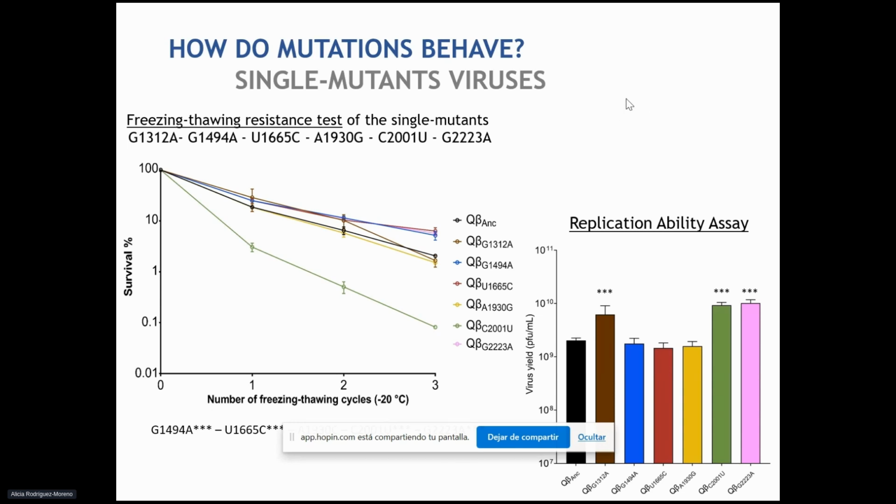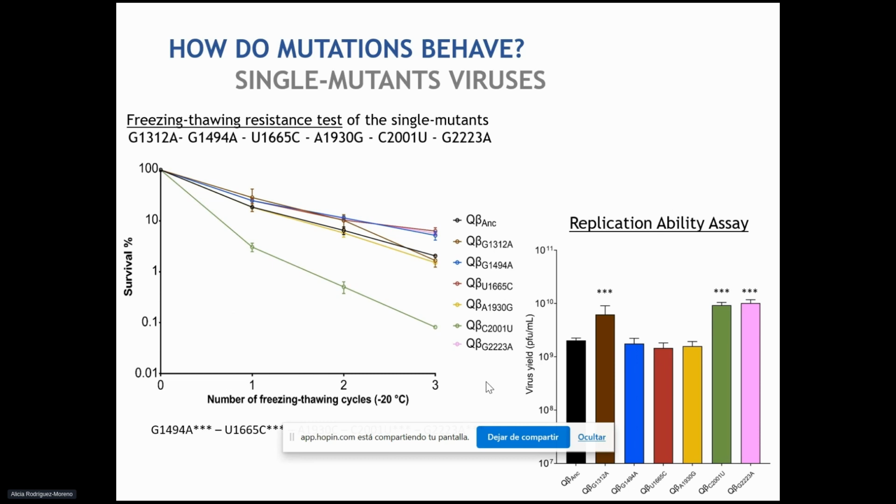Firstly, we carried out a freezing-thawing resistance test, but in this case with the mutants. The test is like the previous one: 3 consecutive cycles of freezing-thawing with amplification. You can see here in the graph that the mutations 1494, 1665, and 2223 are the ones that help in the freezing-thawing cycles. In addition, we want to study if these mutations confer better virus replication,